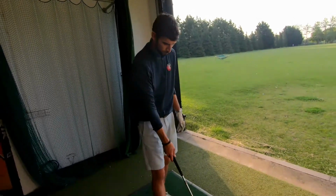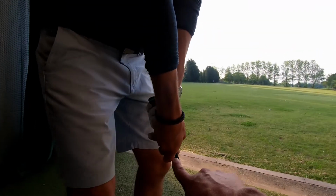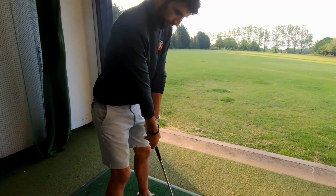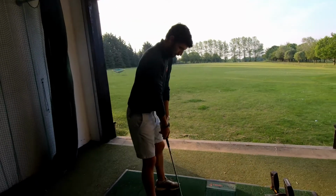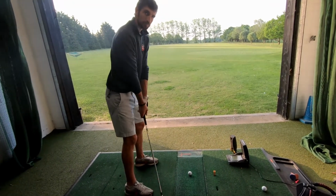So I want you to take your normal grip. Okay, and I want you to feel, we spoke about this before, but I want you to feel this base knuckle on your index finger of your right hand. Okay, can you feel that's on the side of the grip? Yeah? Cool, so get yourself ready to go. I want you to hit me some shots. We're going to leave the foam out for a second. We'll keep track of it on the